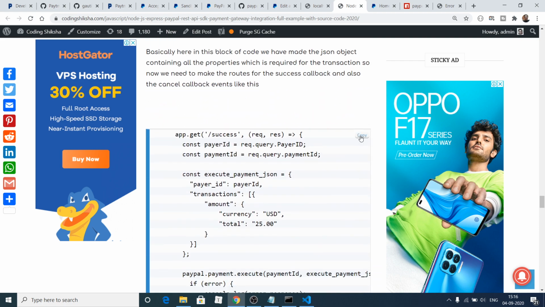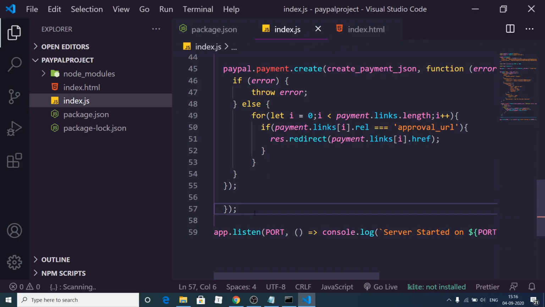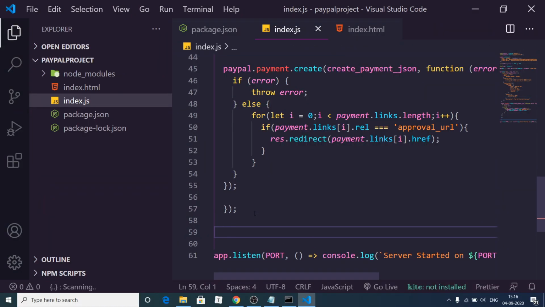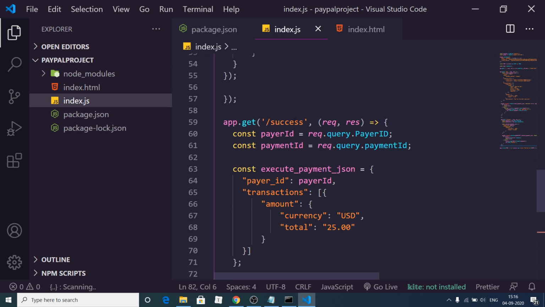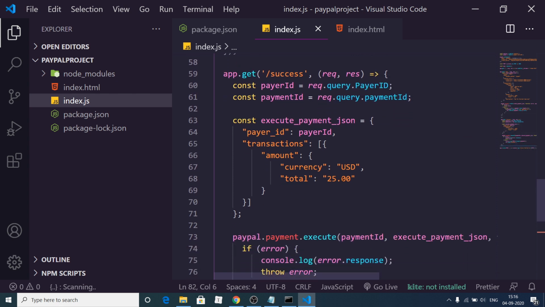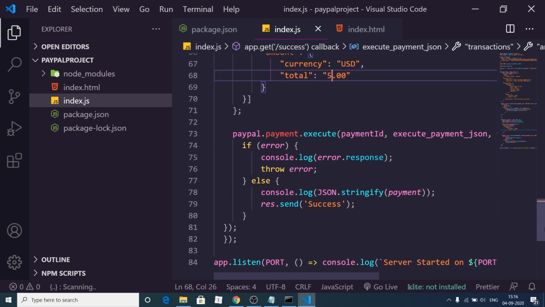So simply you need to copy this, and right here you need to paste it. So app.get success. So basically it will extract the payer ID and the payment ID, and then here also we need to change it to $5, and the main method is that of payment, which is execute.